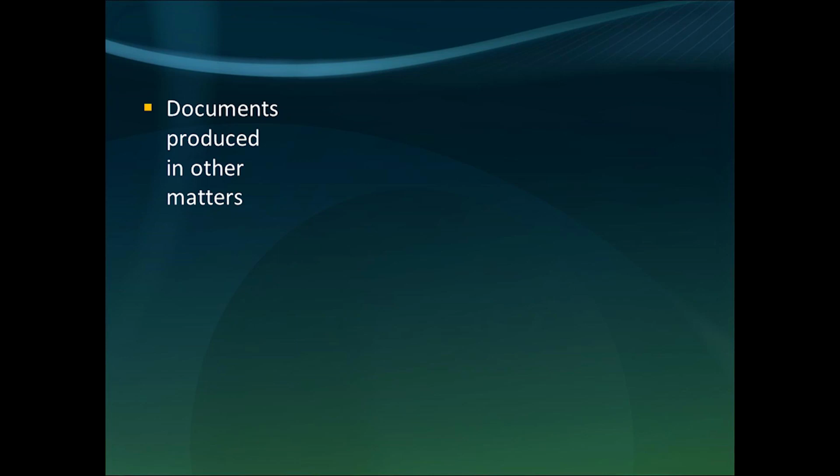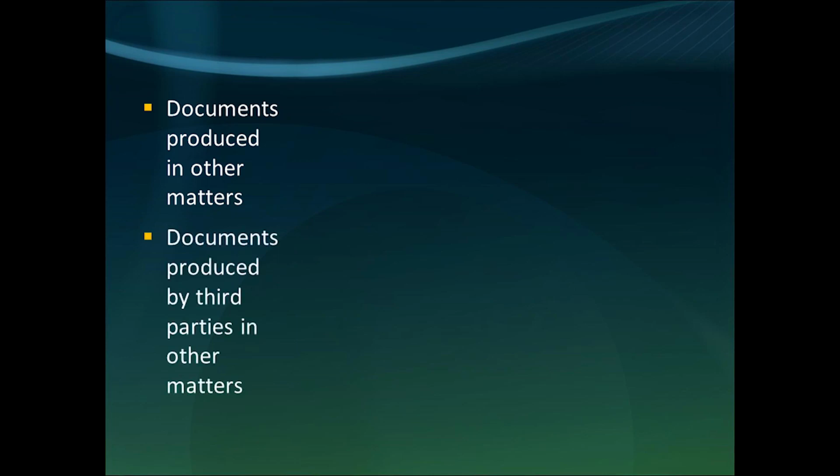So what types of information are typically available from other proceedings? Pretty much any facts, as well as positions and arguments that were made in a different proceeding than the instant one and that are in the possession, custody, or control of your adversary in the current matter. Common types of other proceedings evidence, stated from an offensive discovery perspective, include documents that were produced in other matters by one's adversary, documents that were produced by third parties in other matters and that are now in the possession